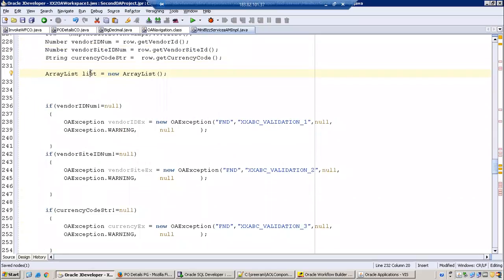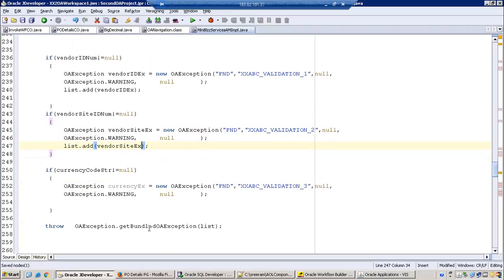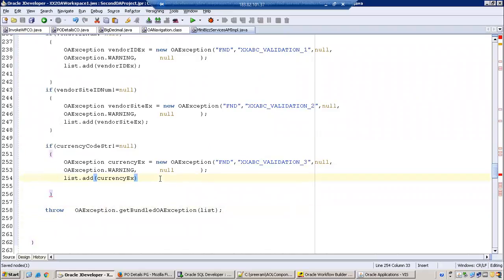One more thing, let me add this one. You're just adding the exception message to an array list. We are simply adding the list of exceptions to the array list, and finally we are raising them. After that I'm calling a method called OAException.getBundledException and passing the array list. This is how we can simply raise a bundled exception.